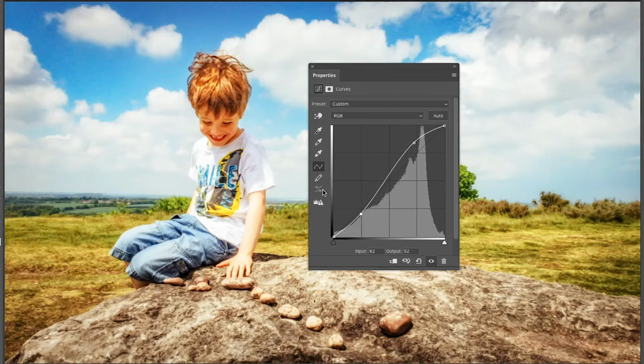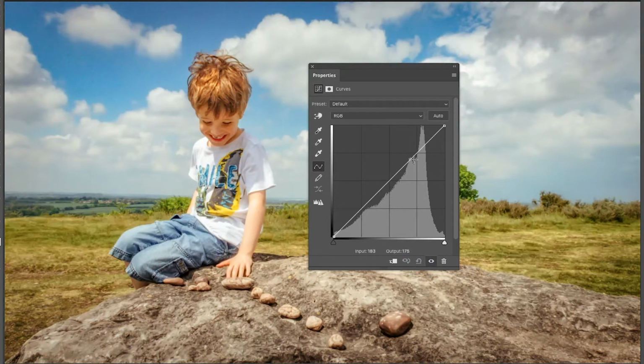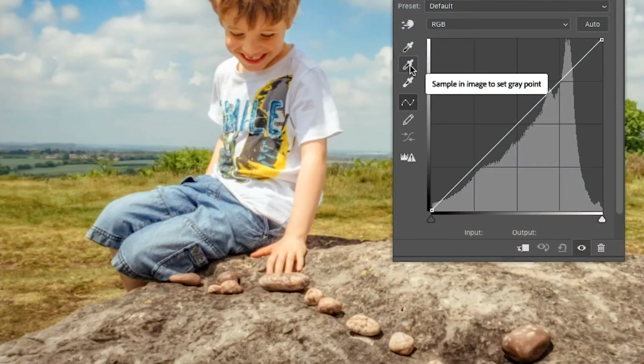That is a bit extreme. Let's reset that. As with things like levels, you have your black, your mid-grey, and your white point. Let's just try that. Let's try and find something we think should be grey. There you go. Did you see that? My main curve didn't change much, but look, I've got this blue line and a red line. What happened there? Well, kind of the main point of this video is, as well as having RGB, which affects